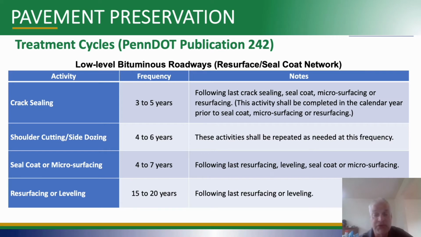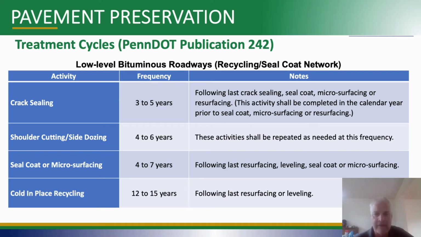But eventually you'll still need to replace the structure. So some sort of resurfacing or leveling course every 15 to 20 years. You can't just keep doing seal coats on seal coats and you end up with pie crust roads that don't have any support. So generally what we're saying is you probably would do 2 seal coats before you'd have to do a leveling or resurfacing and then start all over again.